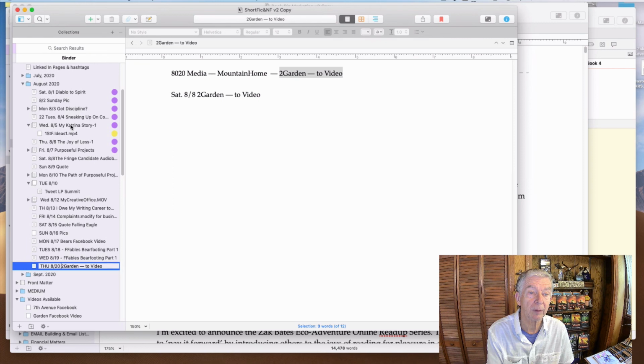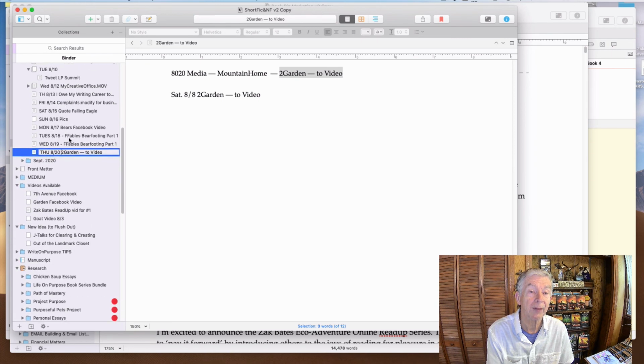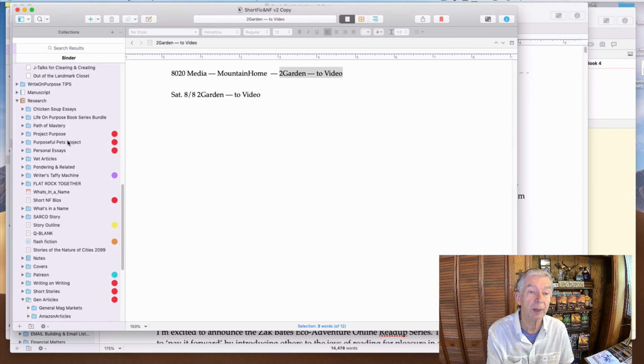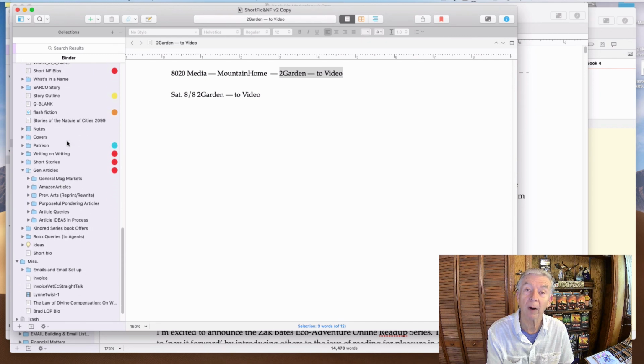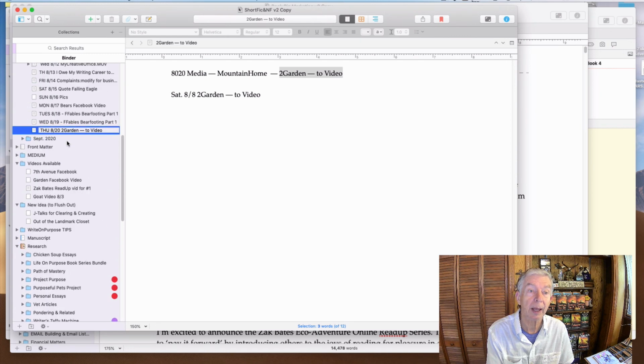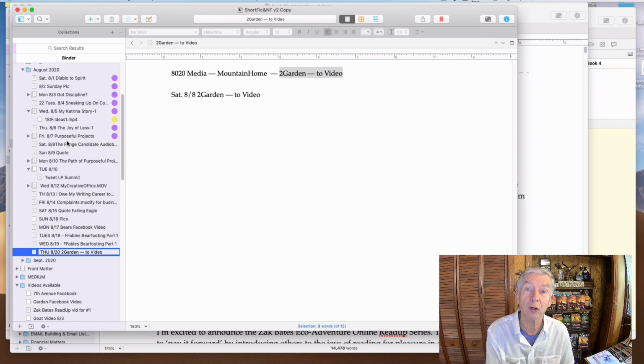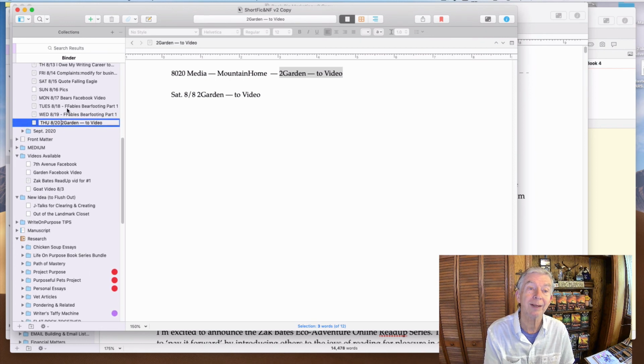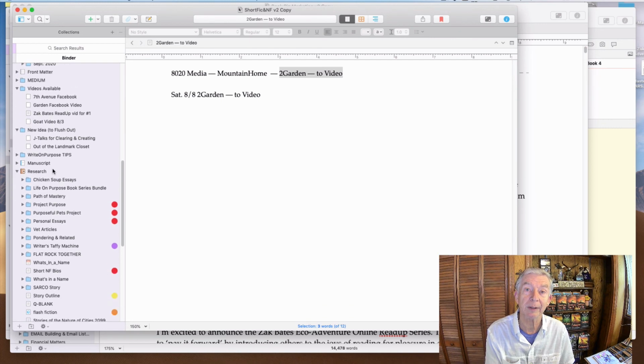I already have a good bit of August outlined, and then I got all this other information that I've already written that I can pull from, and including when I add something new, something that's timely I want to write on, I'll put it in here. Whether it gets into the social media right away or at all, I'll have it in here where it's all together. So again, Scrivener's very adaptable for being used in a lot of different ways,